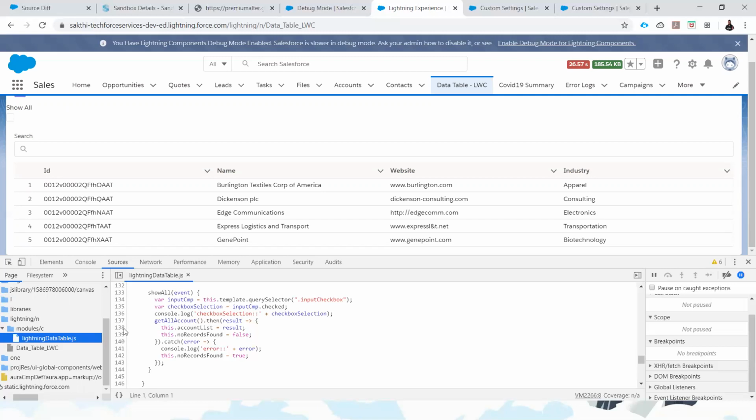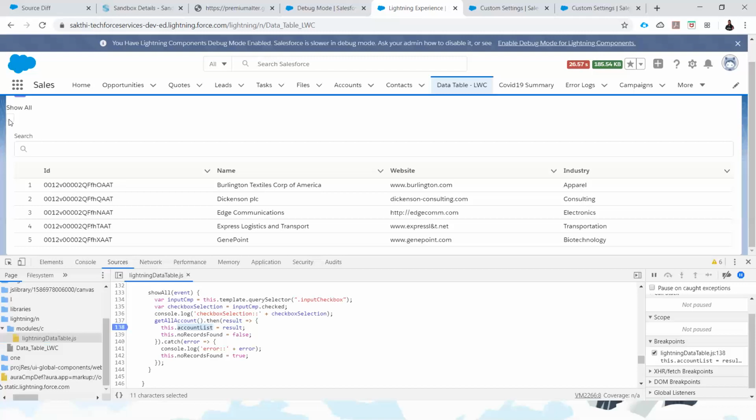Let me add the breakpoint here again, on this accountList. That means whenever I click show all, this particular method, the JavaScript controller method, fires and calls the Apex class and retrieves all the accounts and stores them in the accountList variable. That is the logic I implemented. Let me debug.